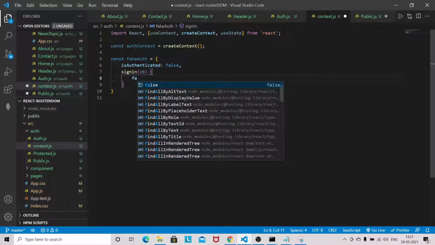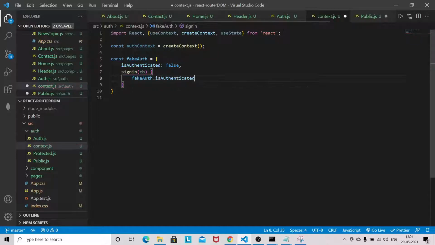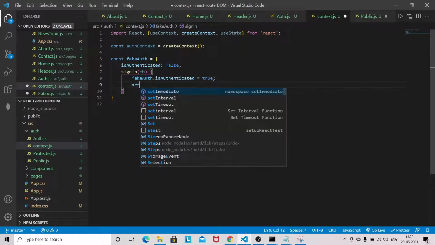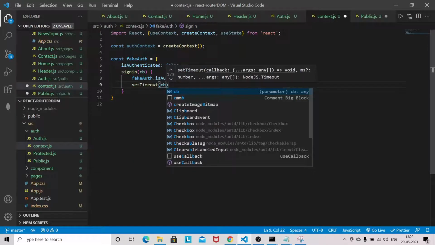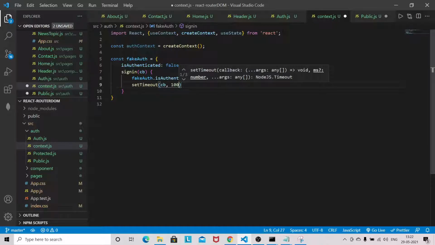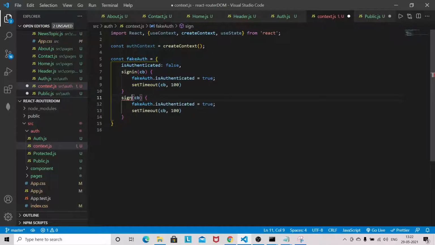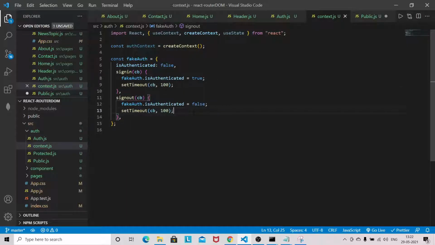So fakeAuth.isAuthenticated to true, with a setTimeout, just a small delay I am putting here. Same thing will go for sign out. I'll just copy this one, sign out, and in this case it will be false. Just add a comma. Okay, so fake authentication is ready.